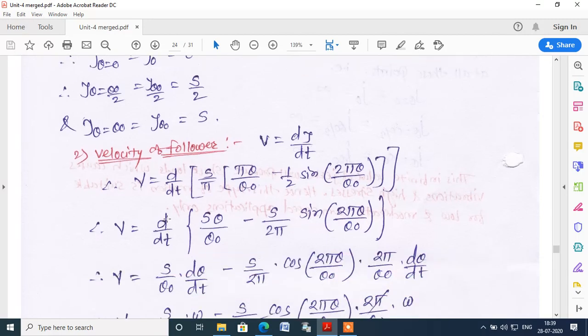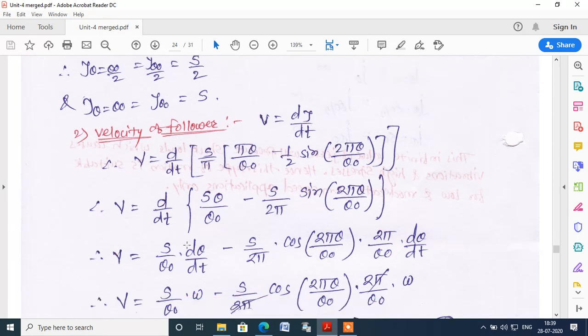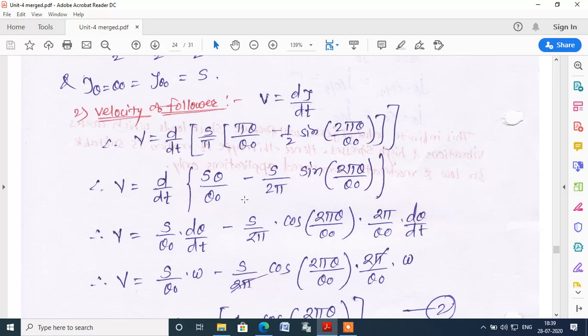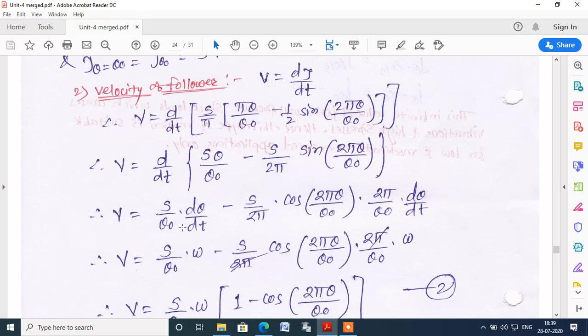So here we can take differentiation. What we have to do? We have to differentiate using chain rule. So d by d theta into d theta by dt. So we'll get s by theta naught into d theta by dt. So pi gets cancelled here if you multiply this s by pi to the whole. So we'll get s by theta naught into d theta by dt, this differentiation, minus s by 2 pi